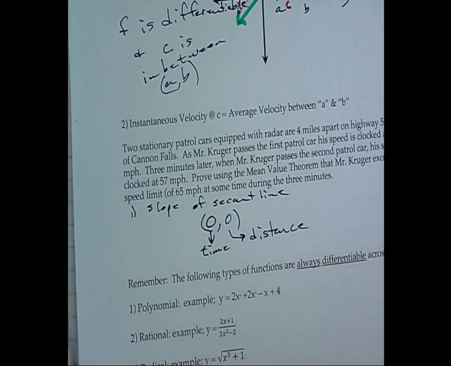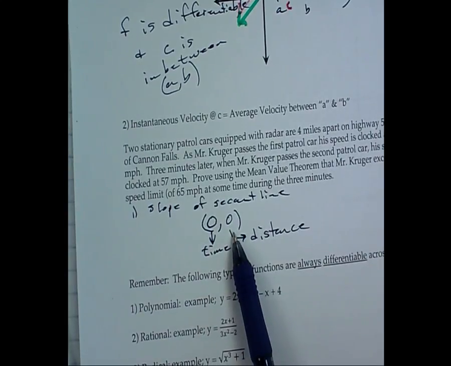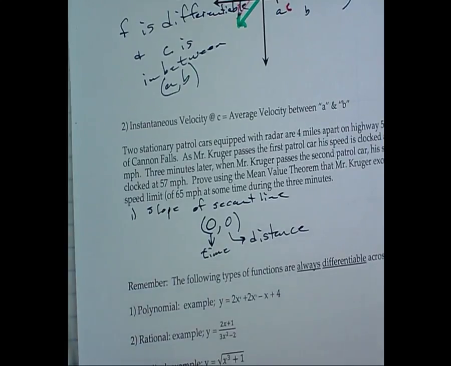Caitlin, do you know what a red herring is? Sometimes people call them rabbit holes. Ever hear a red herring? It's a fact that is not helpful at all and leads you in the wrong direction. 60 miles per hour and 57 miles per hour are red herrings. They're not helpful at all. So if this is time and this is distance, and that's my first point, what's my second point, Elijah?